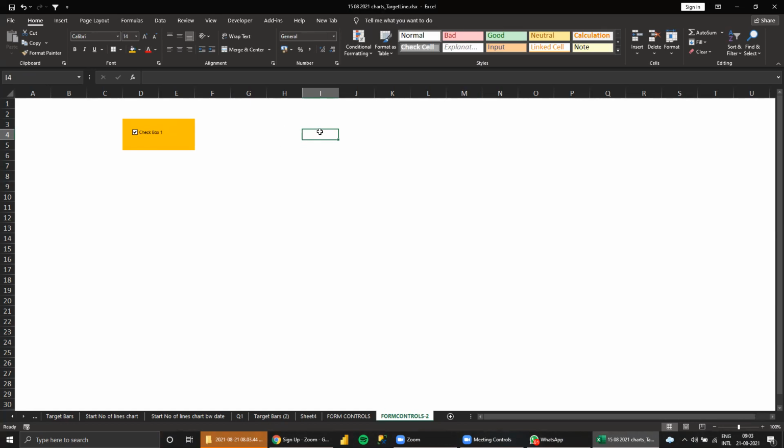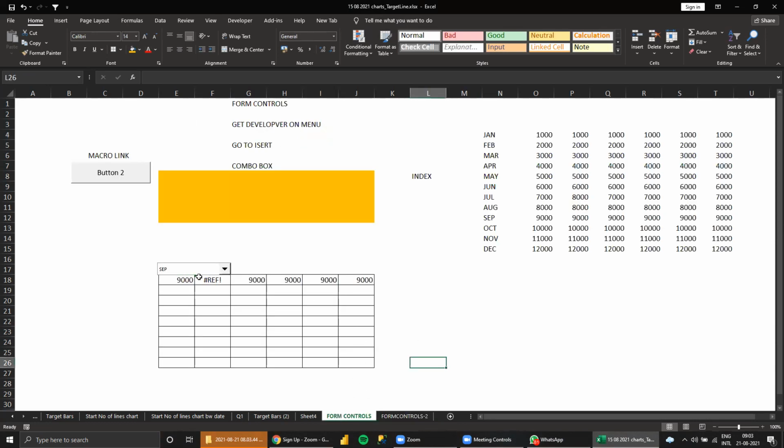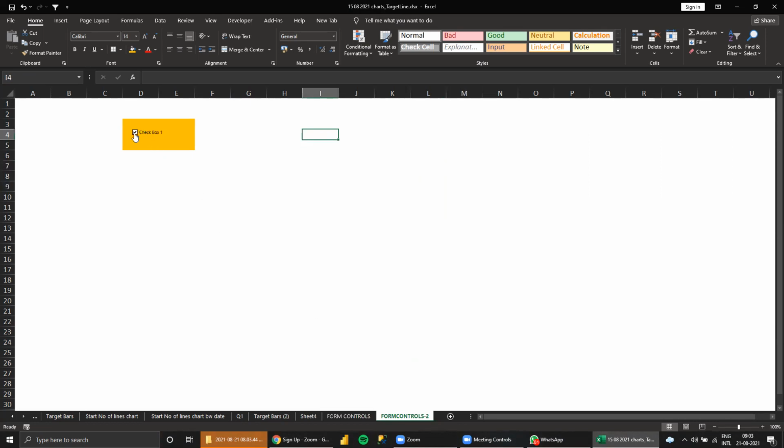What is the end result for this? Like this checkbox, you can check, uncheck, again check. Check will give true, otherwise false. This is the end result.